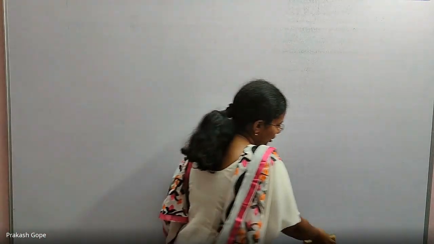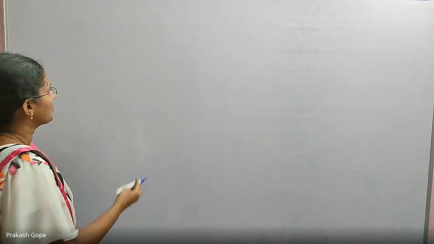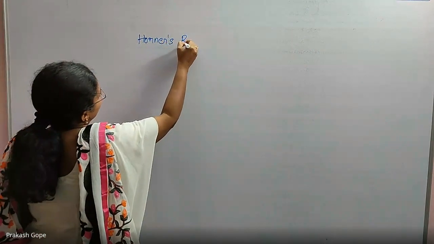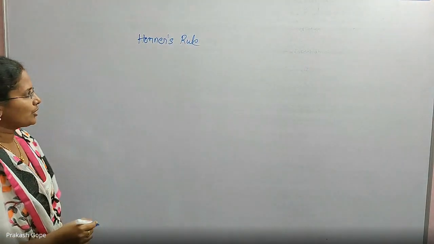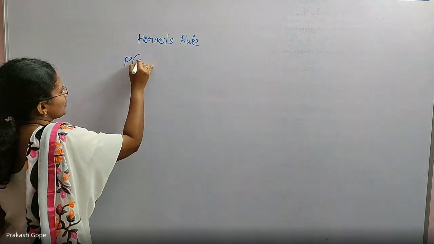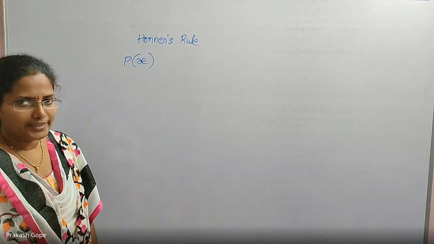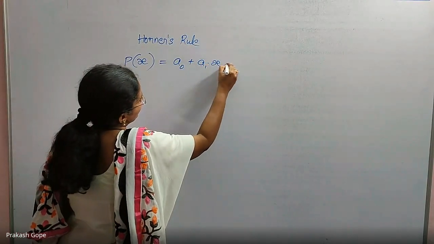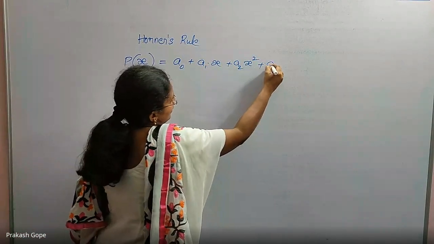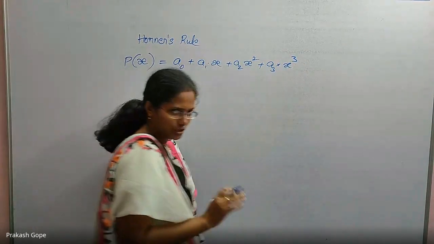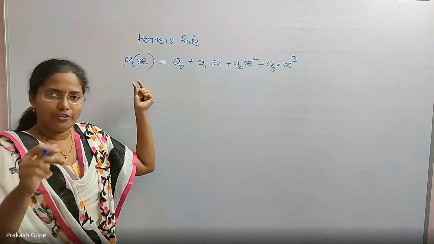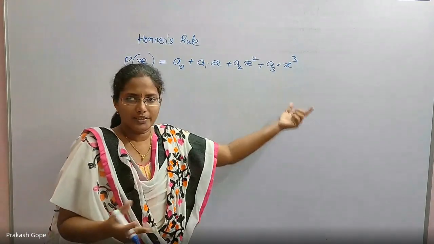Right? So that is about Quicksort. Let me give you one small concept. This is Horner's rule. The question is like this. There is a polynomial in a variable x. It is like this: a0, a1 into x, a2 into x square, a3 into x cube, for example. This is a polynomial of degree 3. a1, a2, a3 are constants, x is a variable. If I give a value for x, you will substitute and get the answer.